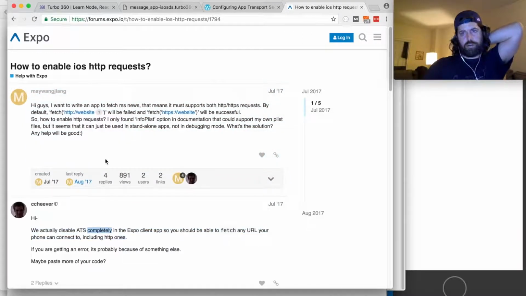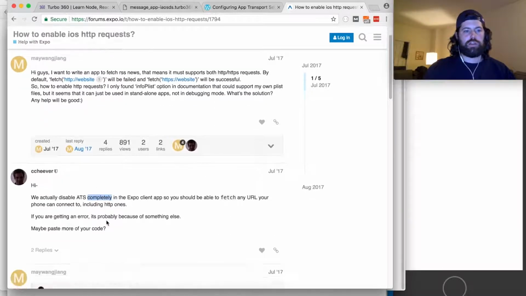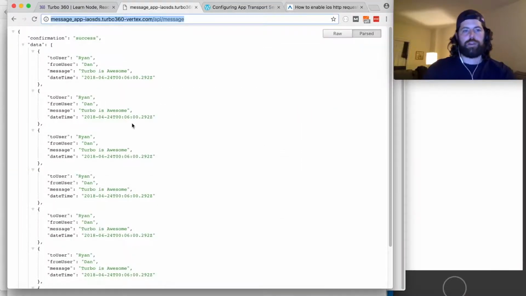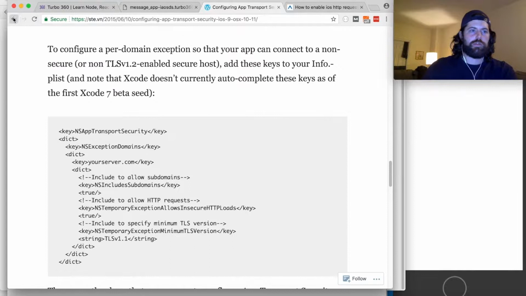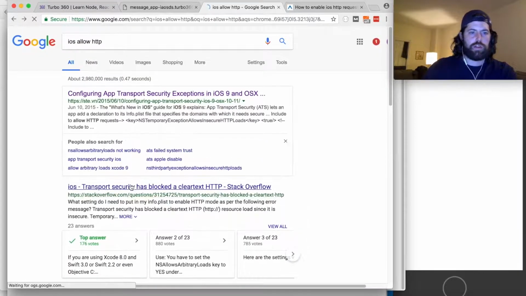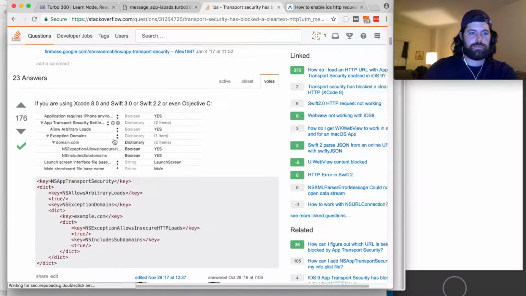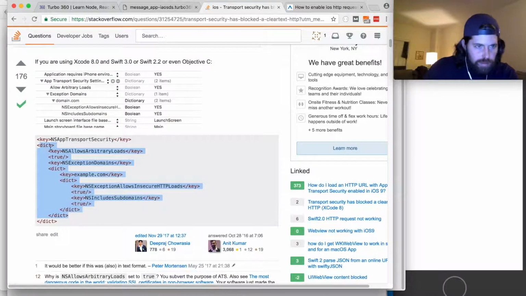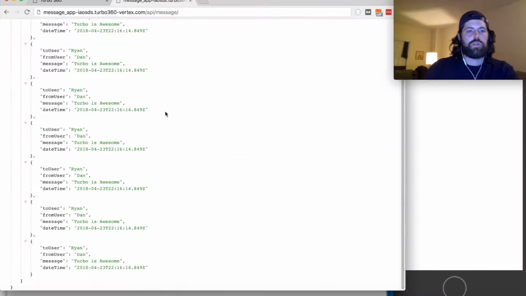Oh, okay. So if you're on Expo, you can actually just fetch this by default, according to the forums. So you're good. For everyone on native, we got to do this real quick. Stack Overflow. So basically, you have to just add this here, where it says this dictionary. Allow arbitrary loads. I think that's it. So just take this and go to your